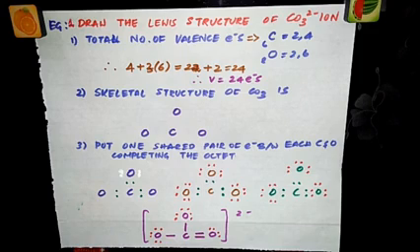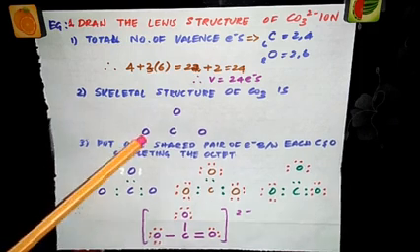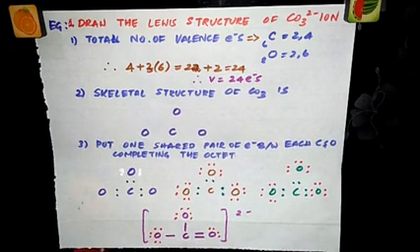And in the same way, always remember hydrogen and fluorine will come at the end, which means outside. Suppose in your molecule, if you have OH, O and H will come outside. So H and F, which means fluorine, will come outside. Keep that in mind while drawing the skeletal structure.